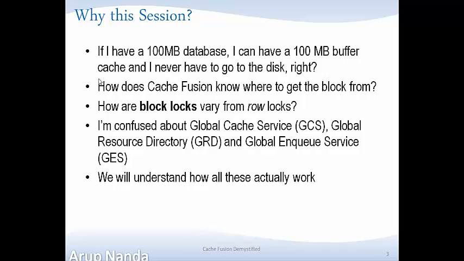So the question is that if Cache Fusion really works, how does an instance know where to get that buffer from? Because there are 3 other instances. And you might have seen that a few times also, something called buffer locks or block locks. How are they different from row locks? You might have seen that before. In fact, some people get